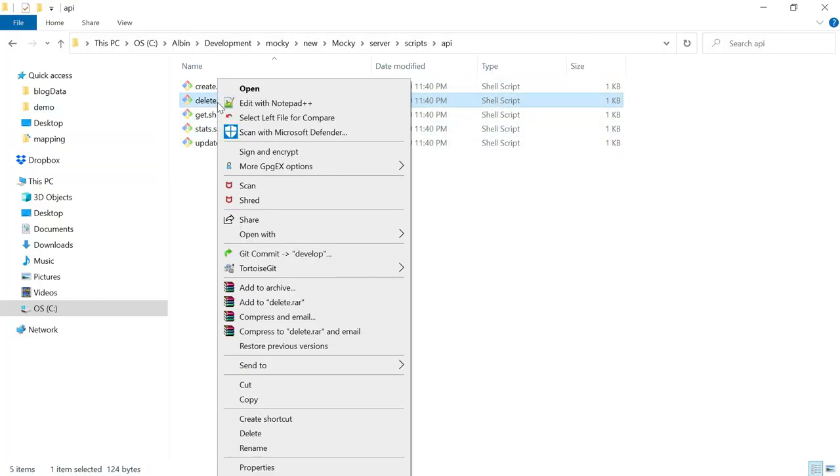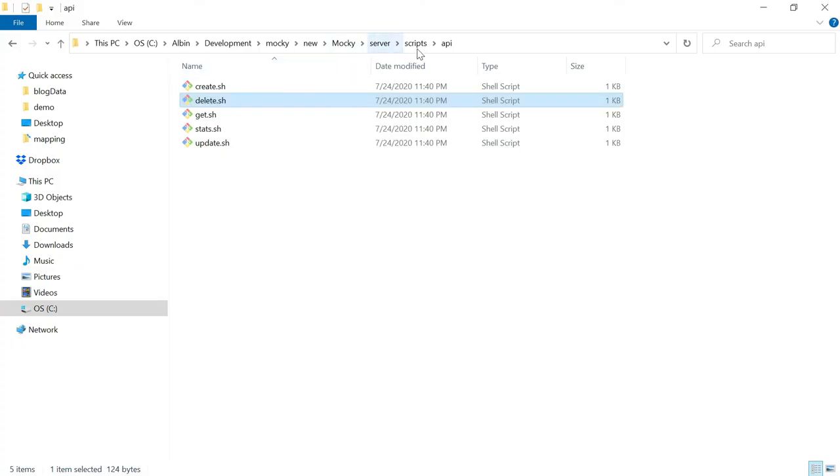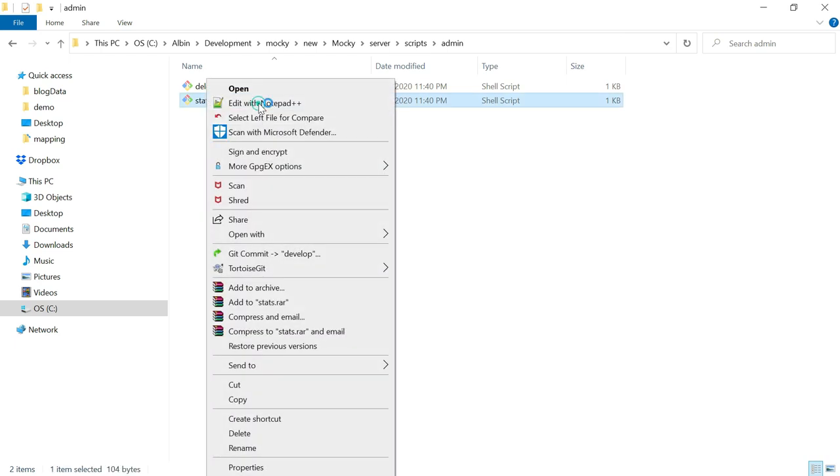When you go to delete, if you see here, we need the ID of the service and the secret of the service. That's what I was referring to earlier. We should keep those handy so that we can use them to delete the service. Otherwise you can use the direct delete URL also. Another one is the admin: as an admin, if you want to delete some service or find the states of the services, you can use this.